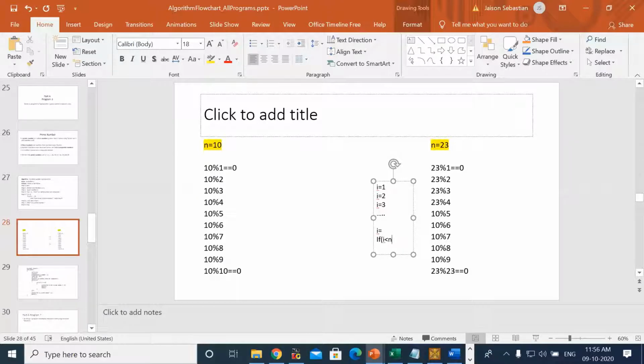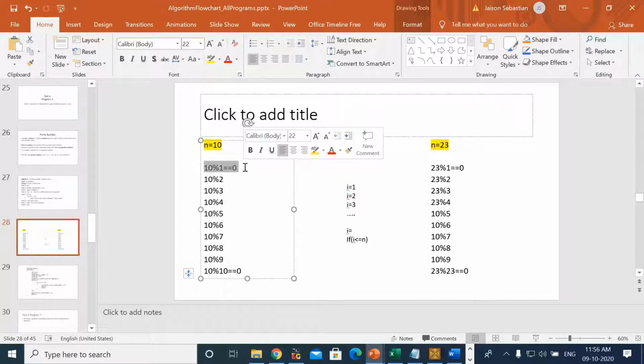So now in our case, we are saying that we need not divide the number for every value of i up to n. We know these two cases: it will be completely divisible by 1, and it will be completely divisible by the same number.